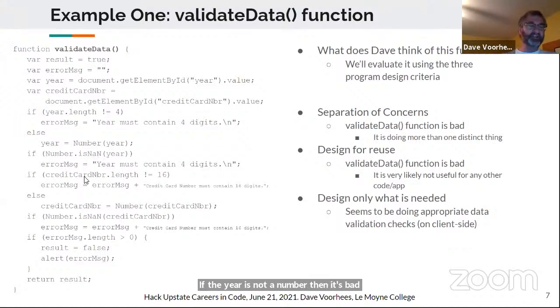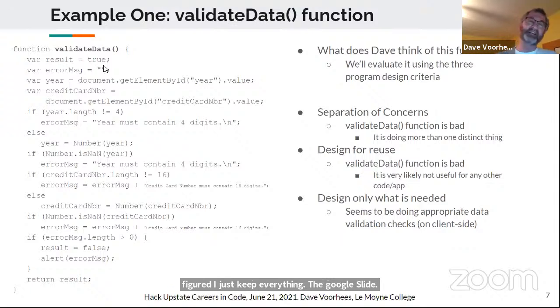And then we're doing essentially the same thing with the credit card number. The length has to be 16. If the length is 16, then we try to convert it to a number. If it's not a number after that conversion, then again, we have an error. And I apologize here. I changed the font size on the error message just so I could make this fit and show the proper formatting. I thought about switching to the IDE that I use, but I figured I'd just keep everything on the Google slide.